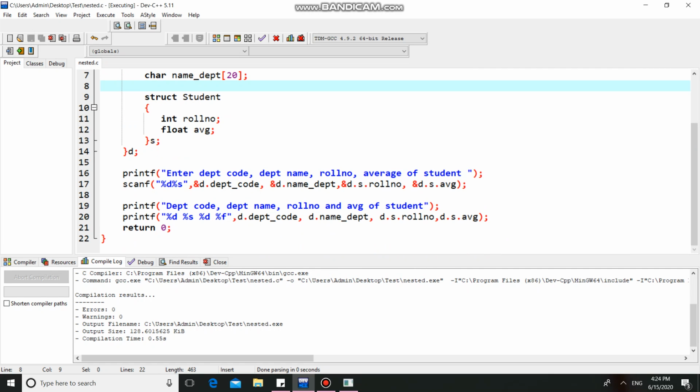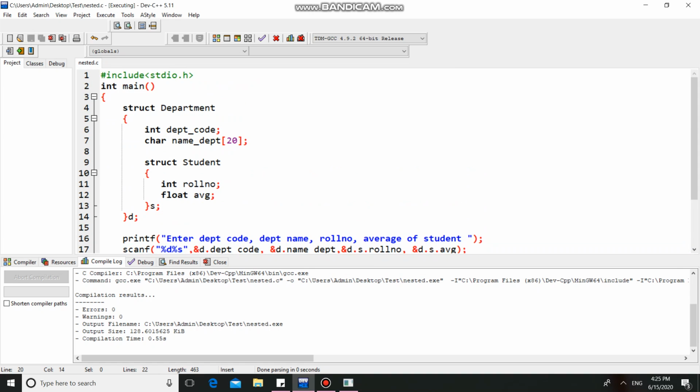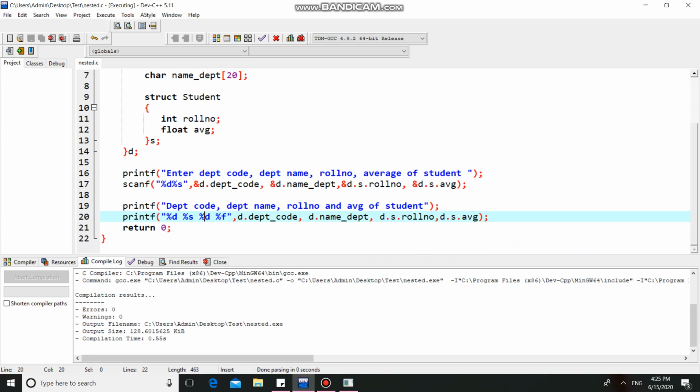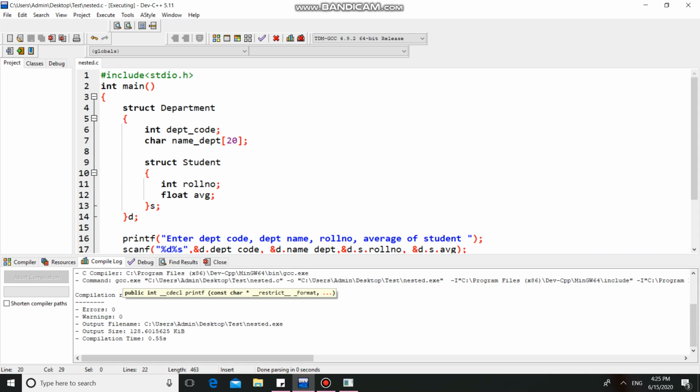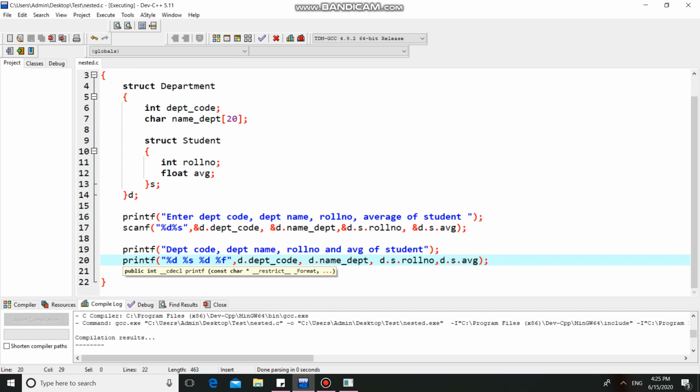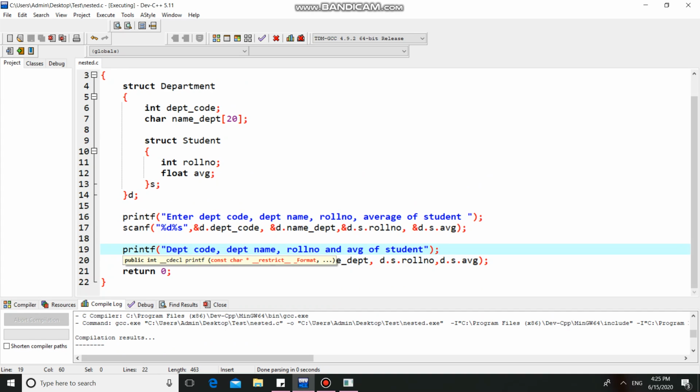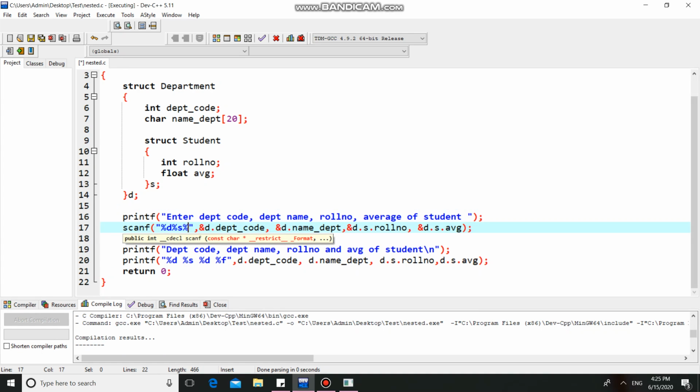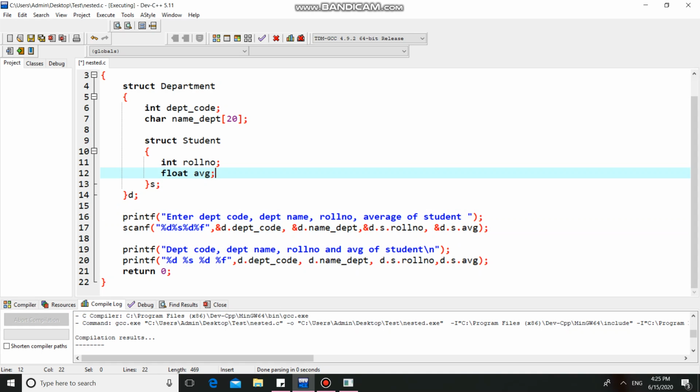Let us check. Name of department, d dot department code. Here we forgot to include the format specifier for roll number and average.